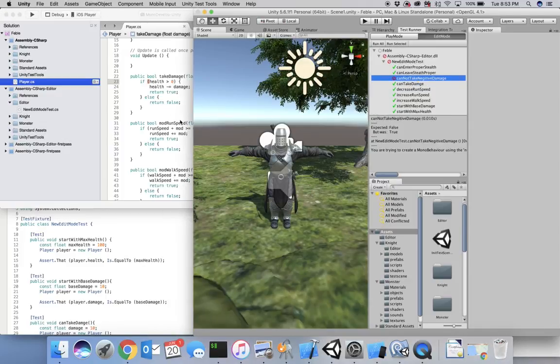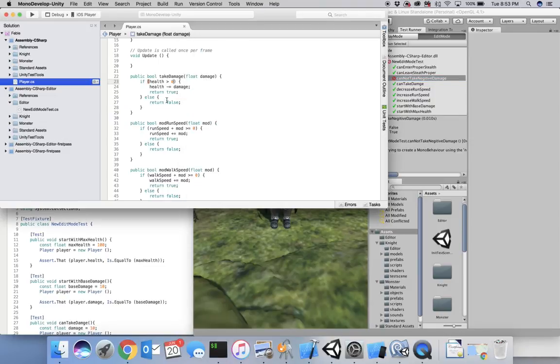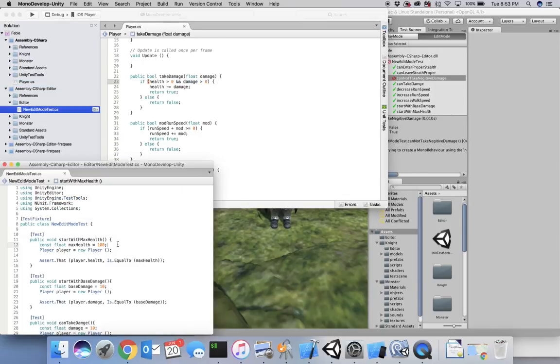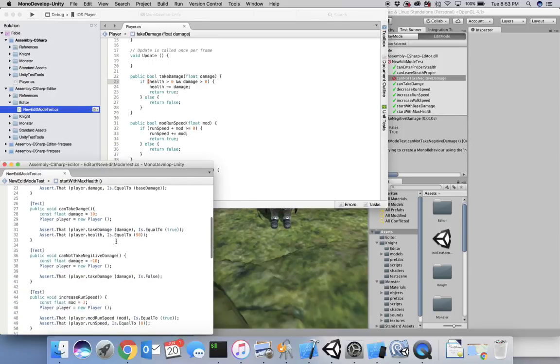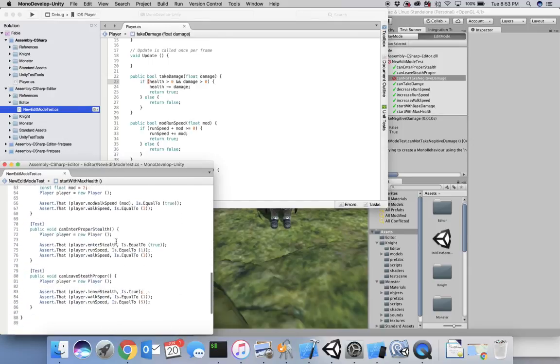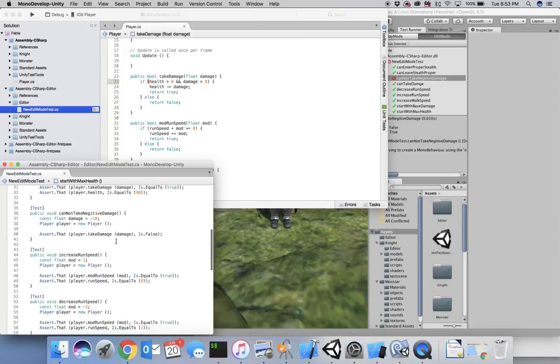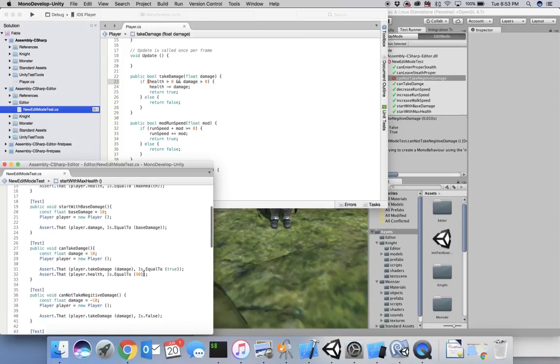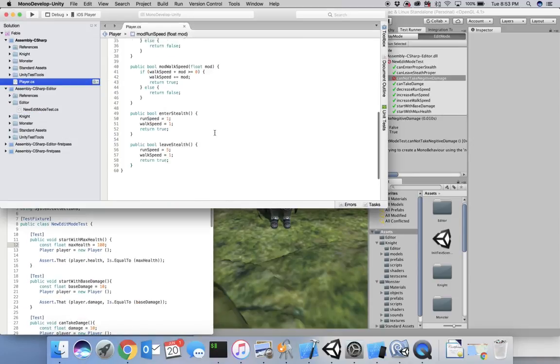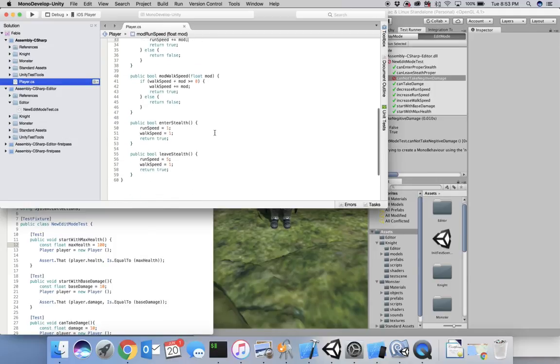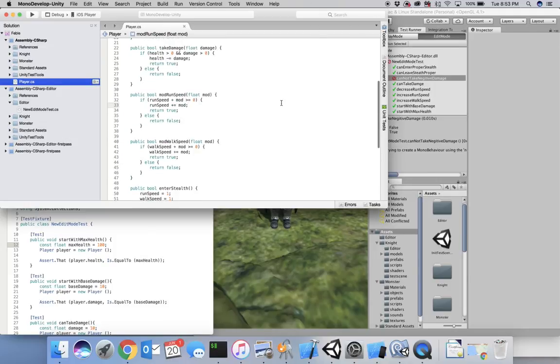on cannot take negative damage, because we obviously don't want the player to be able to take a negative amount of damage. So I've added that into there. So these are just some of the tests that are possible. And overall, it's some pretty simple examples that I created in a bit of a rush after I